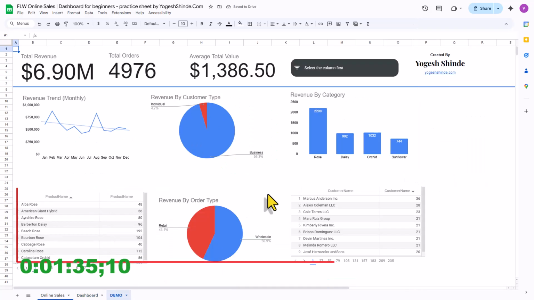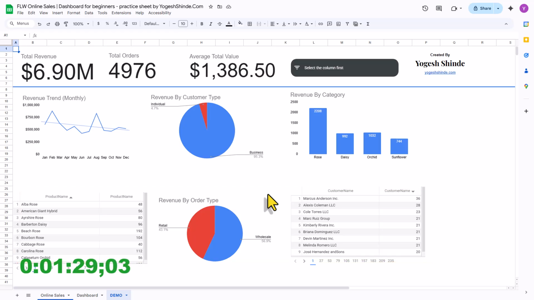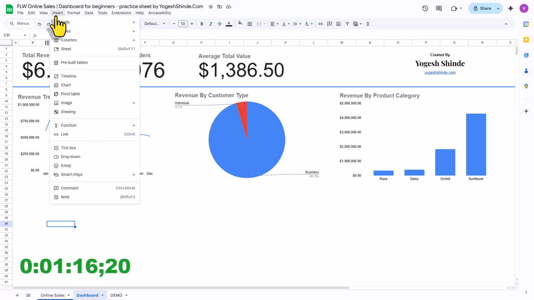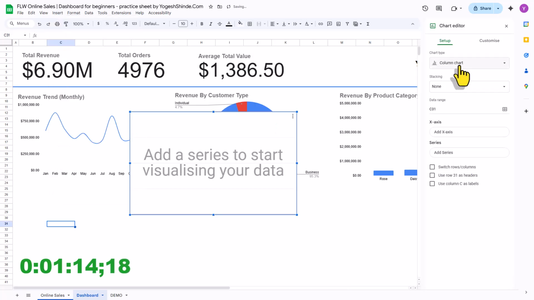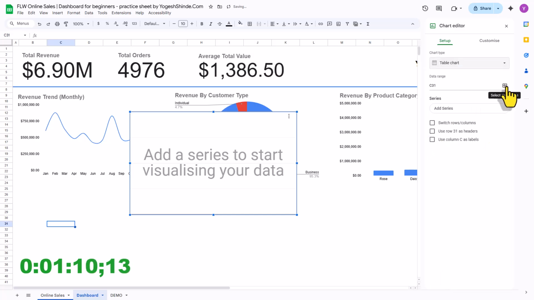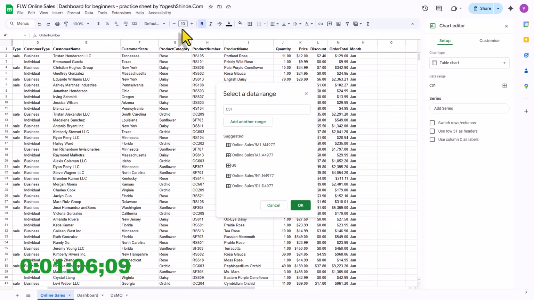So our next three charts are product name, revenue by order type, and customer names. Here we can see our top products and also customer names, and we can see our revenue by order type. Let's insert our first chart, that's product name or top 10 products. So for that I will click on insert, then chart, then here I will choose table chart, then the data range would be product name, so